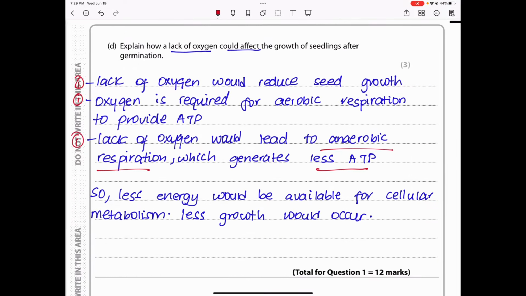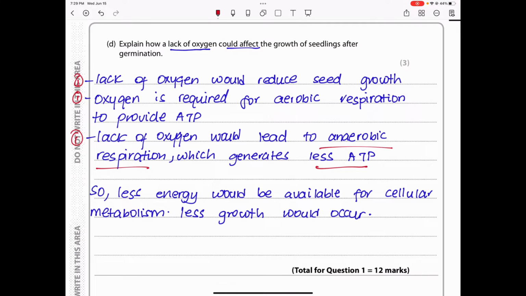So lastly, from part 1, it says, explain how a lack of oxygen could affect the growth of seedlings after germination. Now we know after germination, the seed is going to be able, of course, to continuously carry out respiration. So oxygen is required in respiration to produce ATP. And this ATP is useful in running cellular processes like protein synthesis. Let's say protein synthesis. So here proteins are going to be made, and the proteins are responsible for growth and